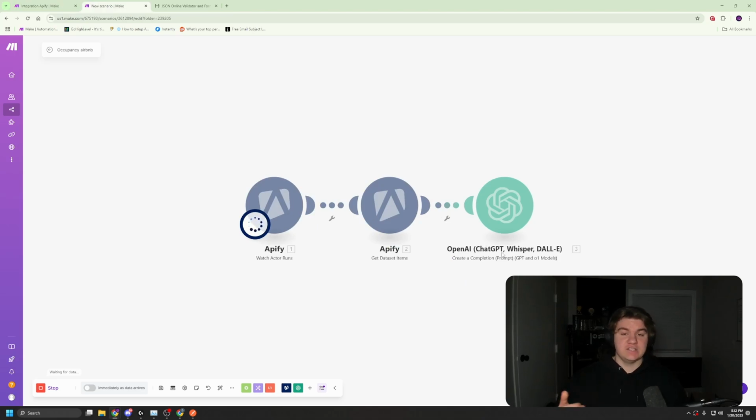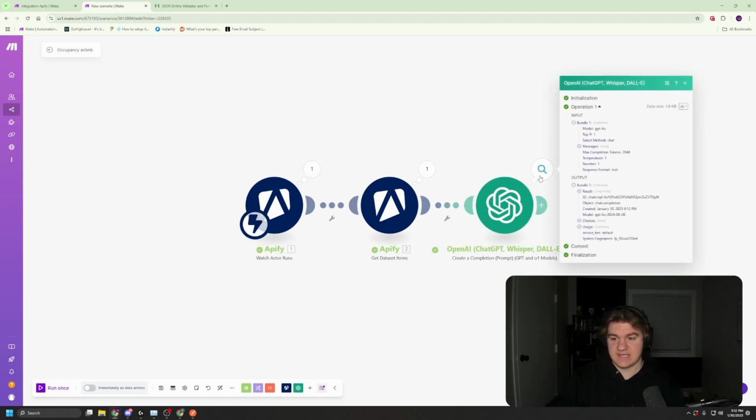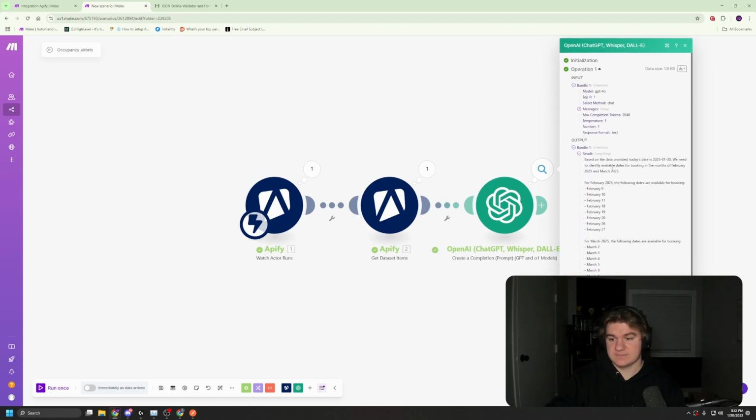And really, you can set this up to be formatted any way you want. If you want all of the dates, you can do that. If you want to just have everything completely and it goes over to a spreadsheet, you can do that. There's many different ways that you can use this for. This is just going to be a simple way that you can see that you can format it as. See if it came out correctly. I didn't say to not do that one, but look. For February 25th, the available dates are available for booking 9th, 10th, 11th, 18th, 19th, 20th, 26th, 27th, and it